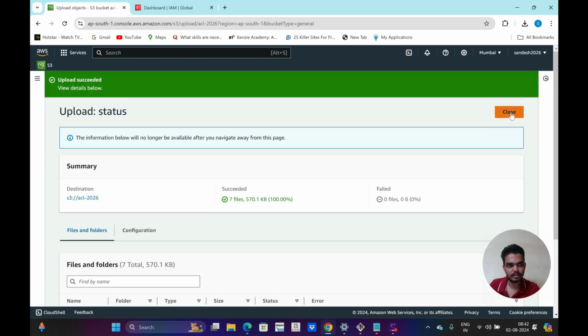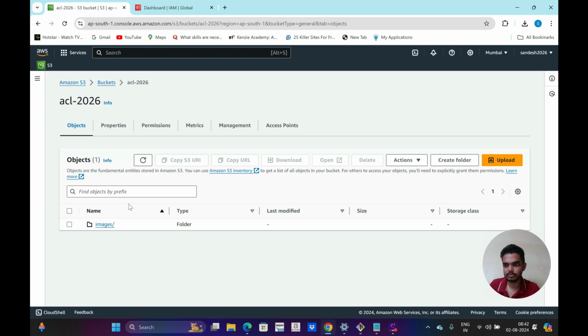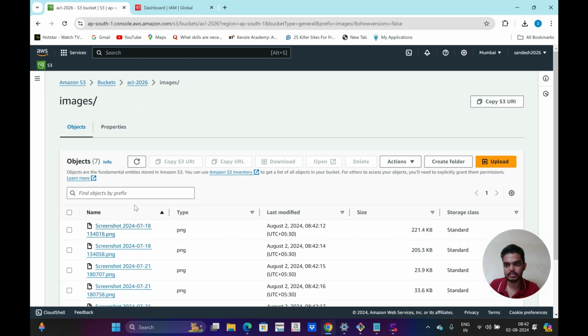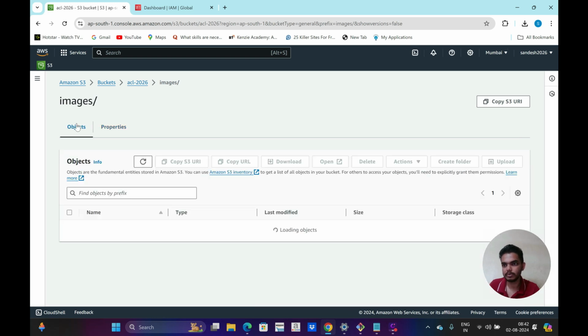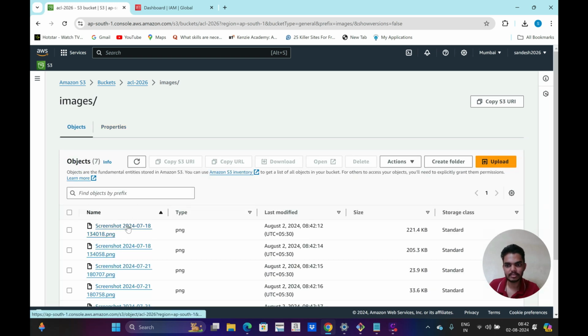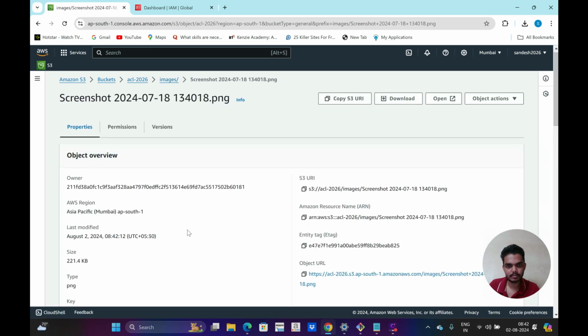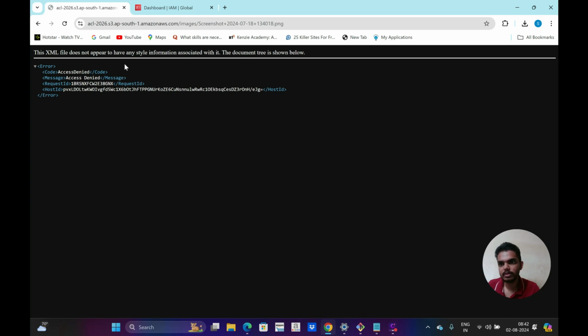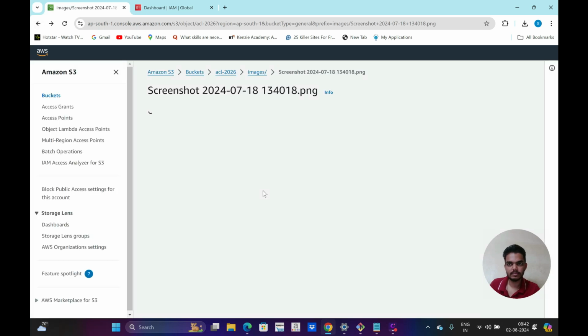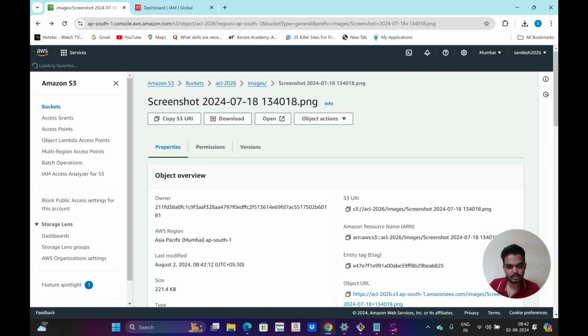So upload is done, and now the bucket has the public access, and for the objects the ACL is still the default. If I try to access one of the files and click on the object URL here, I get an error called access denied. So the object doesn't have the public access. But if I click on this object URL again,